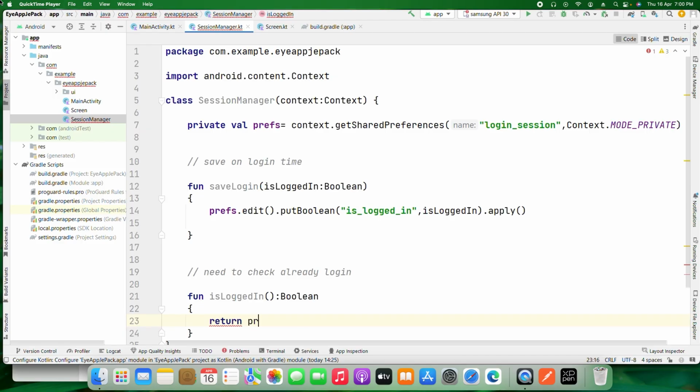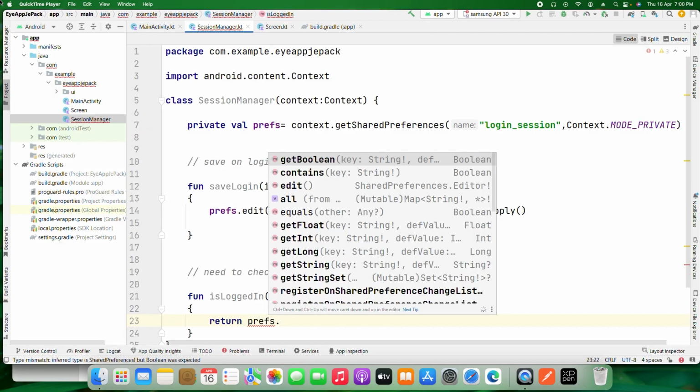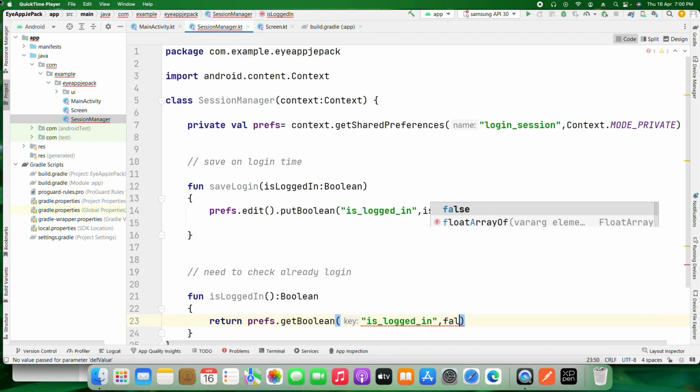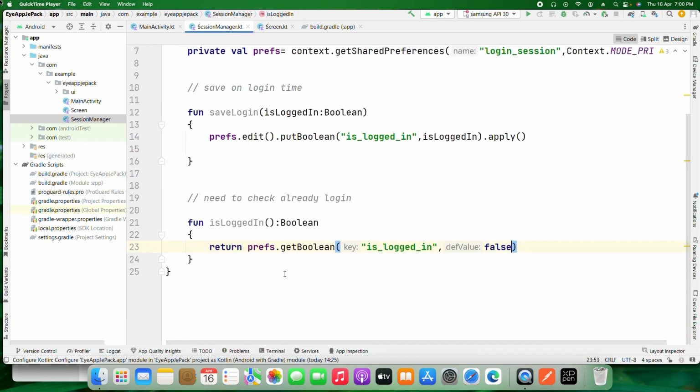that preferences, and here I'm passing the get boolean, the same is logged in. Okay, so false and true, so by default we have to send that false. Okay,